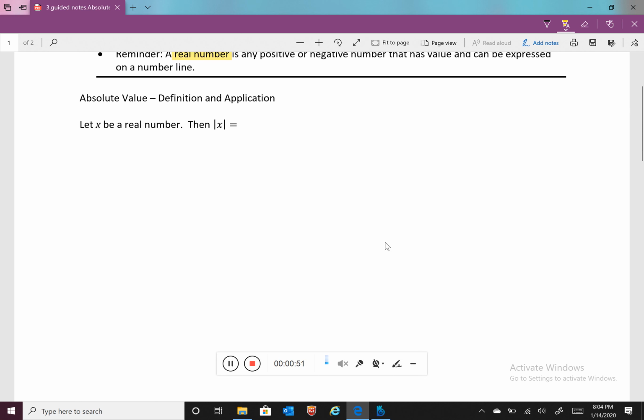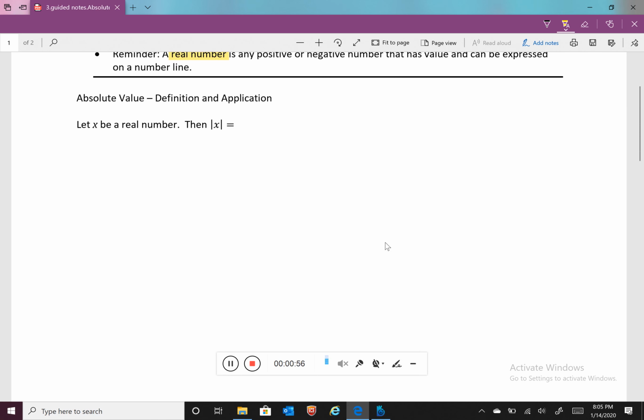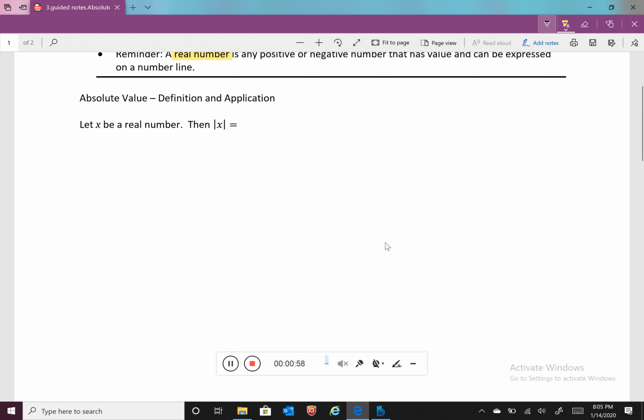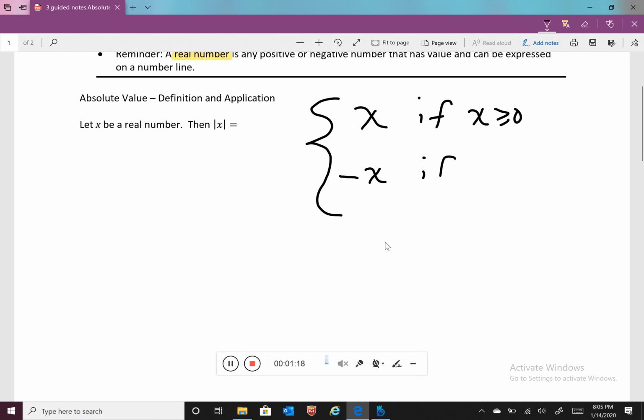So if x is a real number, then the absolute value of x is given as, notice I'm using braces, x if x is greater than or equal to 0, but it is equal to the negative of x if x is less than 0. So a few notes that you want to take